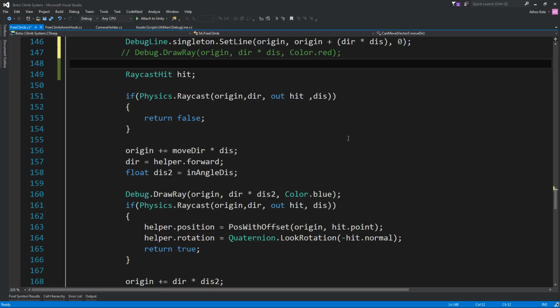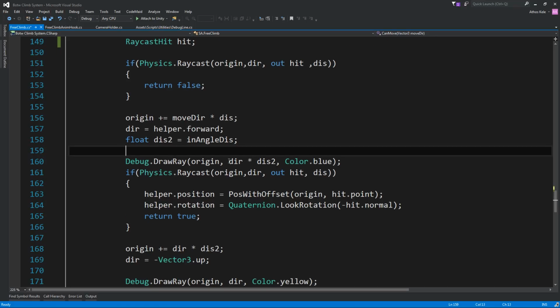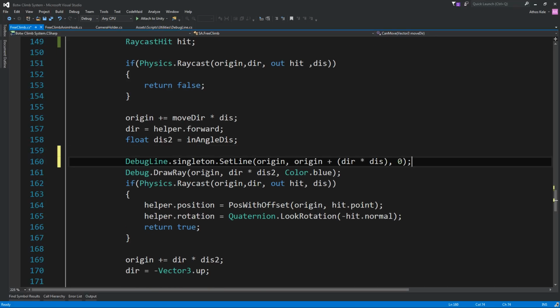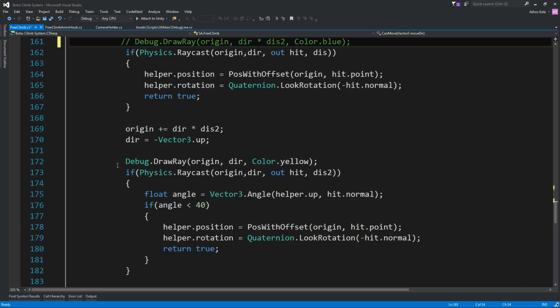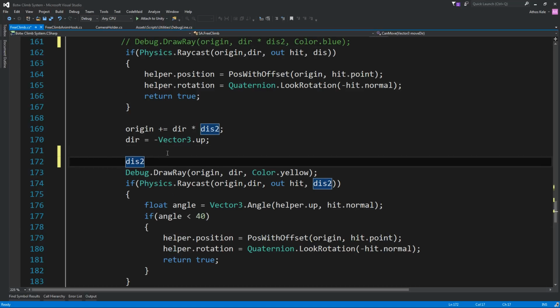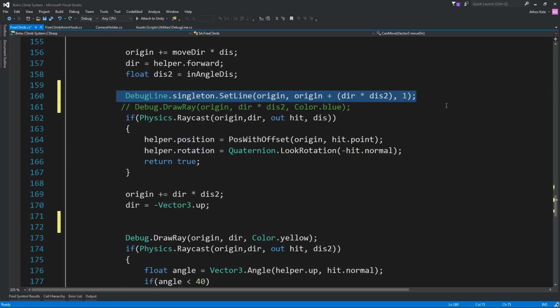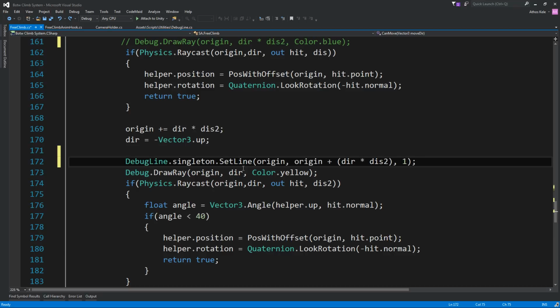Copy this, and let's find the next debug draw array, which is basically this: origin, direction, distance by 2. Change this to 1. Origin plus dir alone, change this to 2.